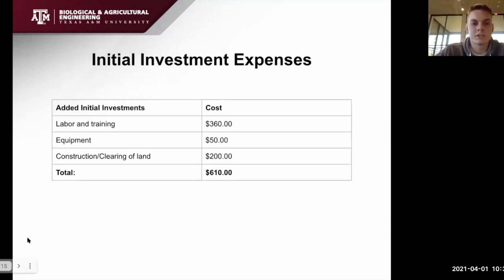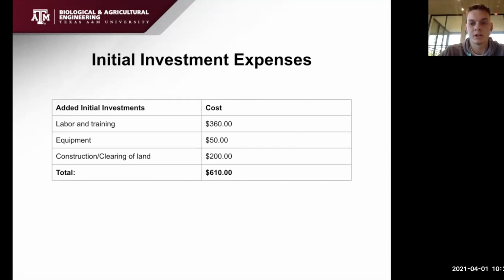All right, so next we're going to be looking at the initial investment expenses. These are essentially just going to be any kind of upfront costs that we associate with choosing this new fertilization method. So first is labor and training. Like we'd mentioned earlier, there's going to be 2 workers, and they're each going to work an additional 2 hours each, which can be an extra 4 hours